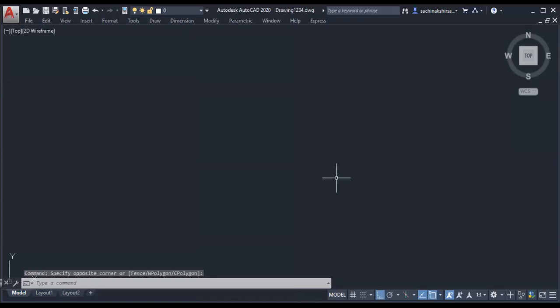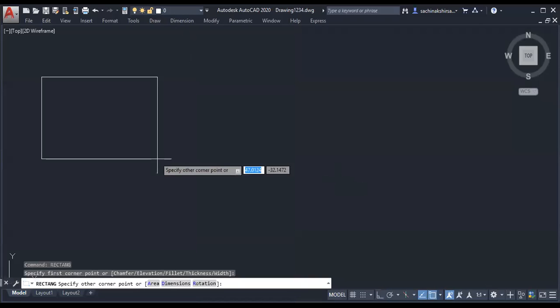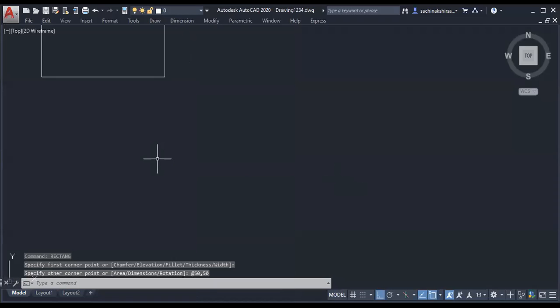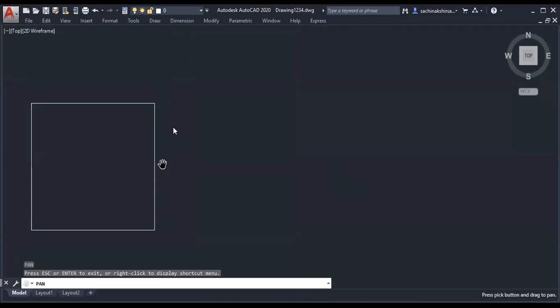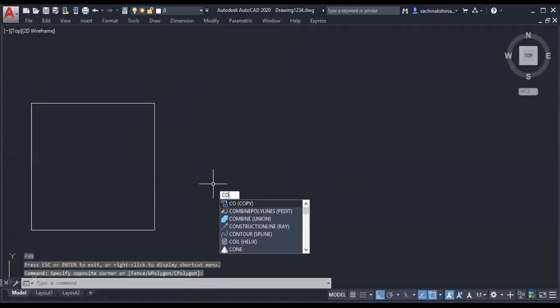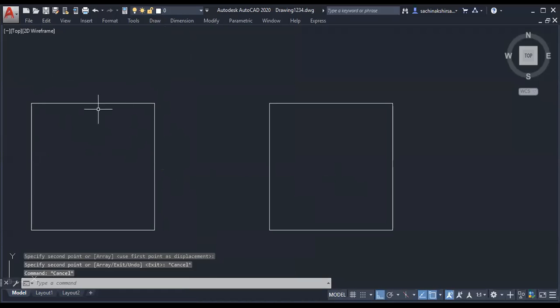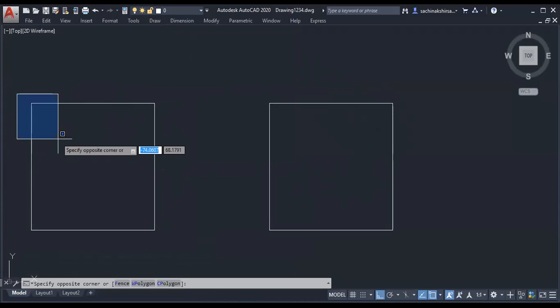So for these two commands, I will draw one rectangle here. Let us take its dimension as 50 by 50. So I have drawn a square of 50 side. Initially there was one square, and I have copied that square here. Now its sharp edge I am going to make smooth. I will call it a corner. I have highlighted a corner. Is it sharp or smooth? It is sharp.